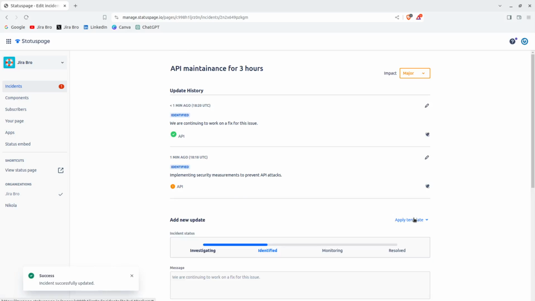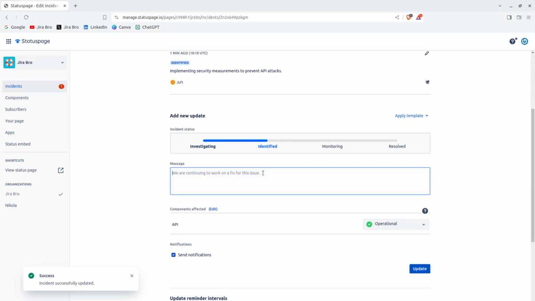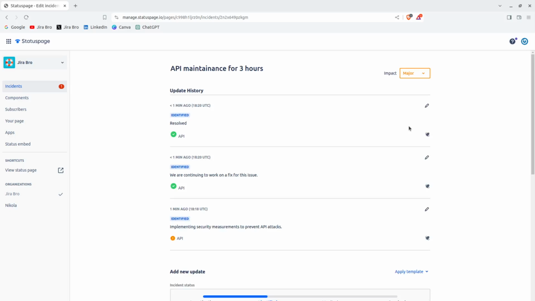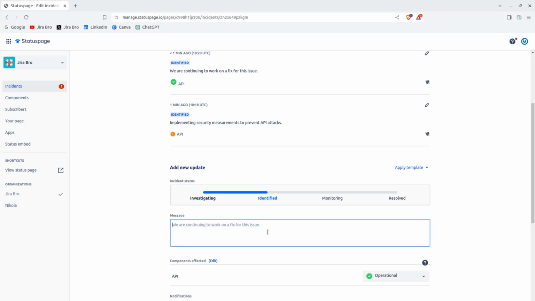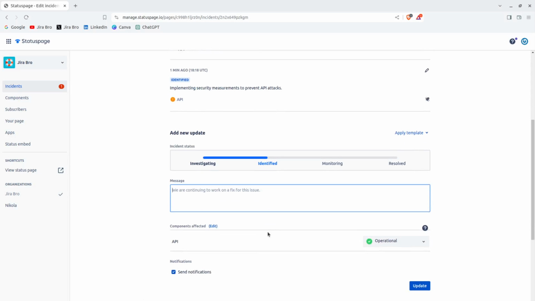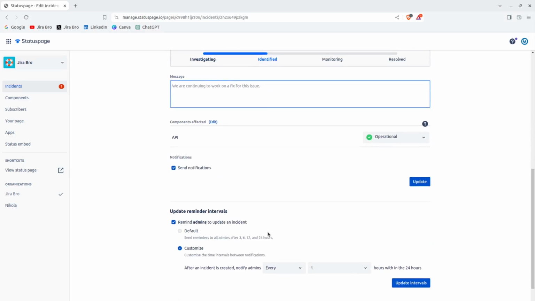We need to update this, and we're going to say resolved. Okay, I had to do it before because otherwise it's going to send double the notifications. So make sure that this message here is actually filled. All right,